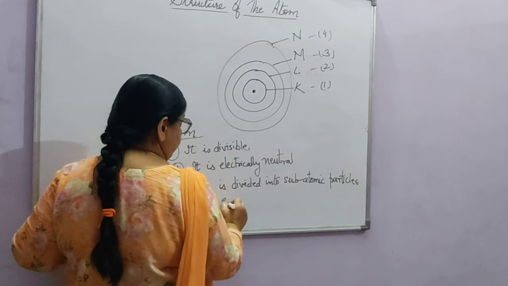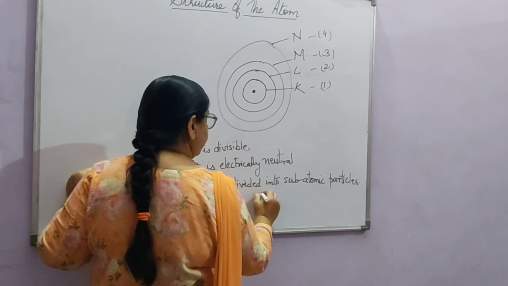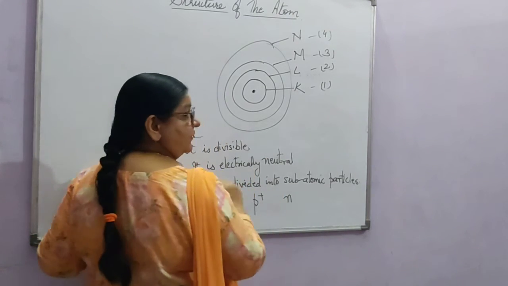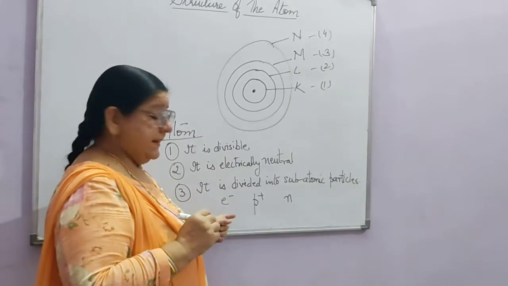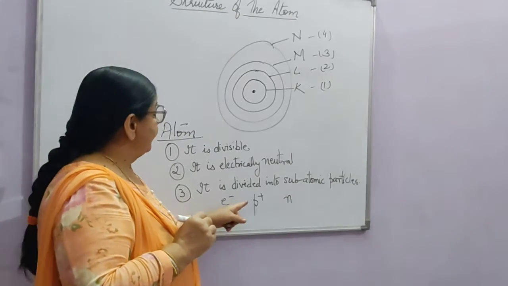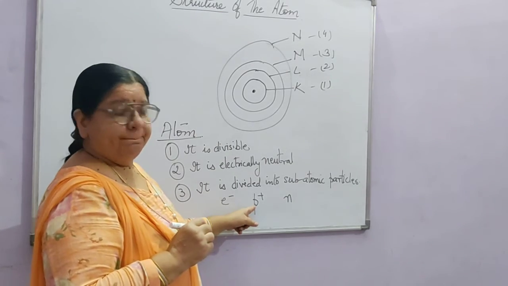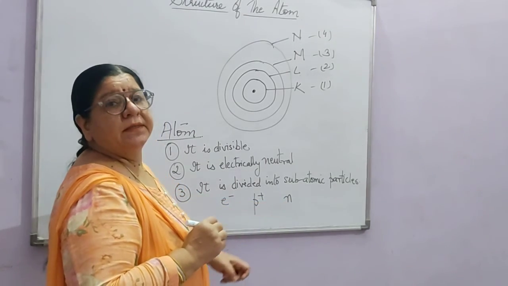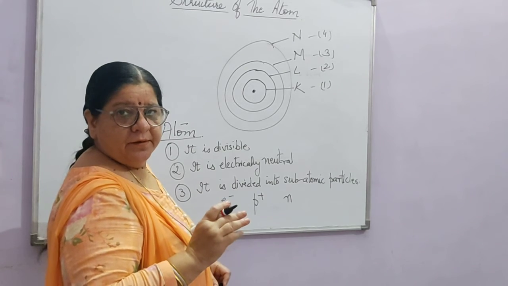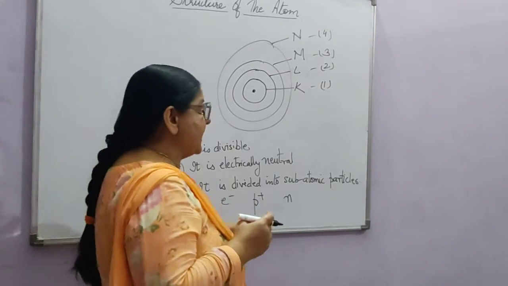that is electrons, protons and neutrons. Electrons are negatively charged and represented by small e. Protons are positively charged and represented by P. And neutrons are neutral, right? One thing more that I want to tell you is that neutrons are present in the nucleus of all the atoms